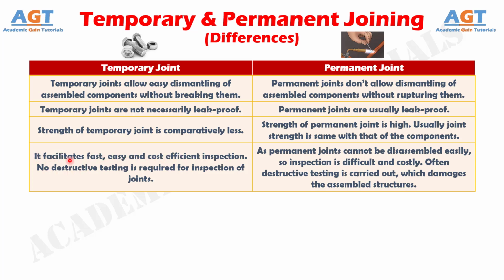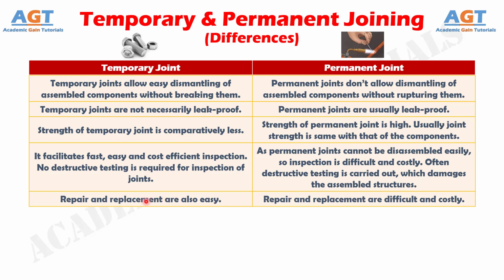No destructive testing is required for inspection of joints, whereas, as permanent joints cannot be disassembled easily, so inspection is difficult and costly. Often destructive testing is carried out, which damages the assembled structures. Number 5. Repair and replacement are also easy for temporary joints, whereas repair and replacement are difficult and costly for